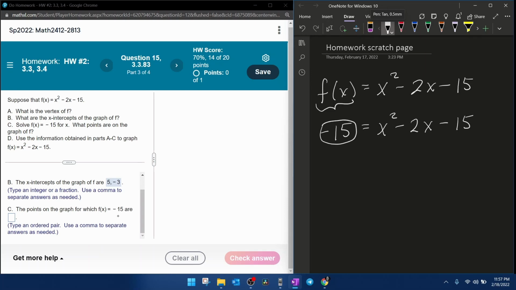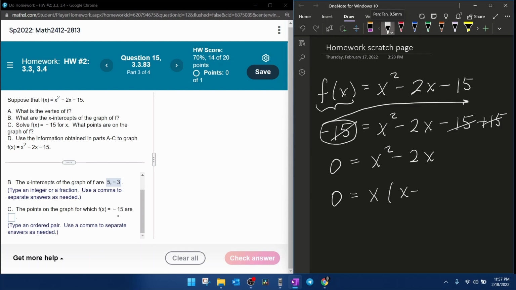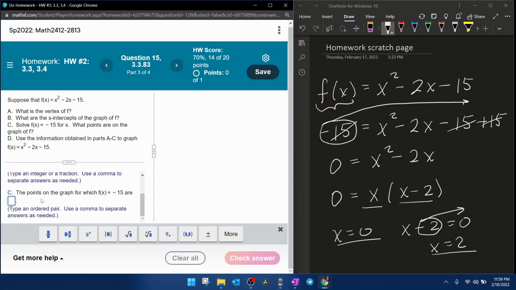So to solve a quadratic, we need to set it equal to 0. We're going to move the -15, which makes it positive. This is going to be super nice because those 15s actually cancel, which leaves me a binomial. Since there are only 2 terms, I simply need to factor out the common factor of x and then set each factor equal to 0 and solve. Moving the -2 makes it positive,